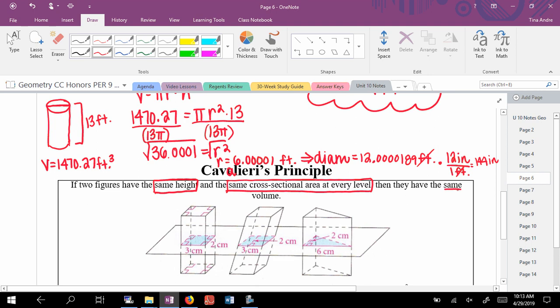then they must have the same volume, which makes perfect sense because if you think about the volume formula for prisms and for cylinders, the area of the bases times the height is equal to the volume. So what this is saying is the same cross-sectional area. So basically the area of the base, if it's the same for every prism, and if the height's the same for those prisms, well, then the volumes have to be the same, which makes perfect sense because if you plug in the same number for the area